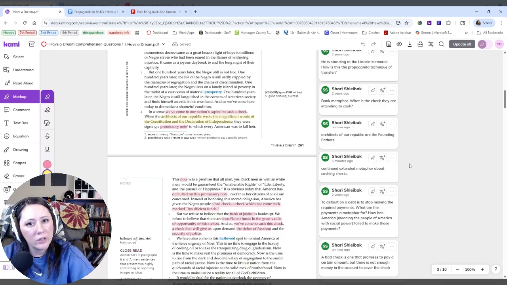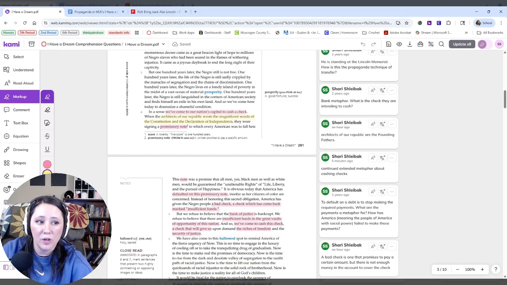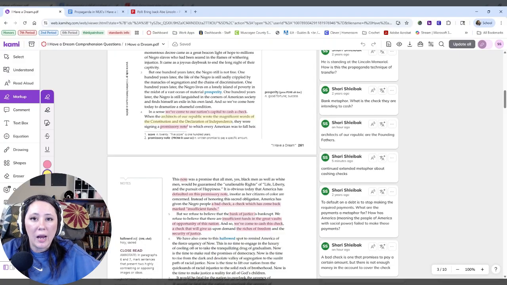Sure, those are narrative techniques, right? Because he's referencing other important events and documents of historical significance, yes, but he's also engaging in a propaganda technique known as transfer. So we have to remember that this speech was not intended just for an African American audience to hear. It's not just intended for people who are already fighting for equality. It's intended for everyone, especially people who are on the fence, especially people who are oblivious to the issues going on,